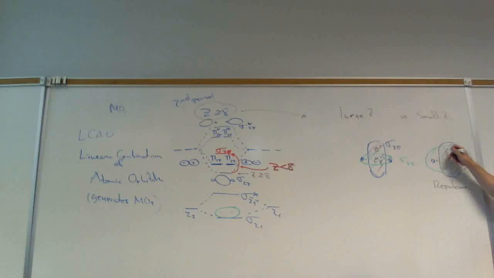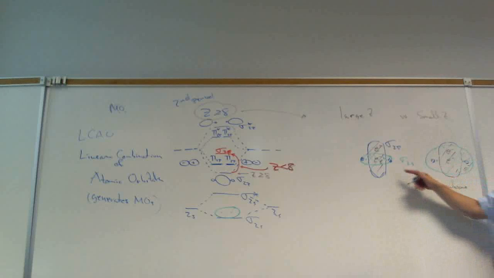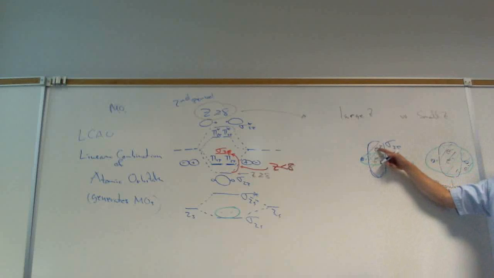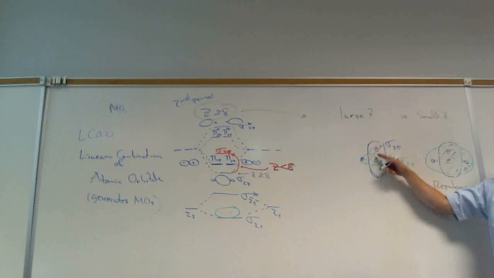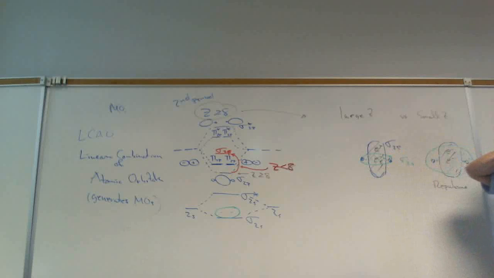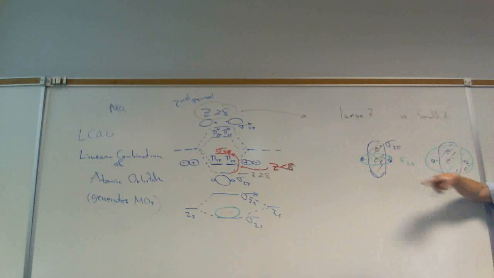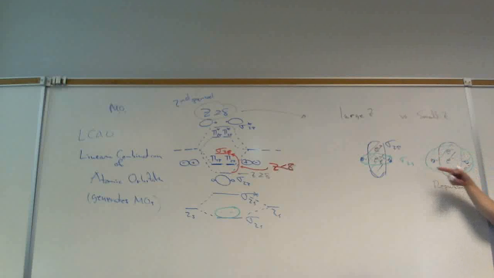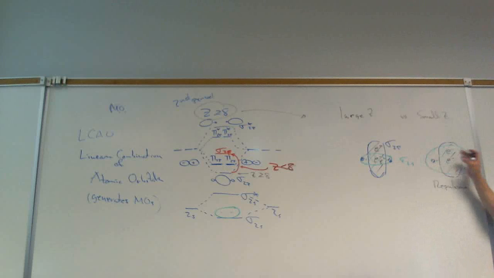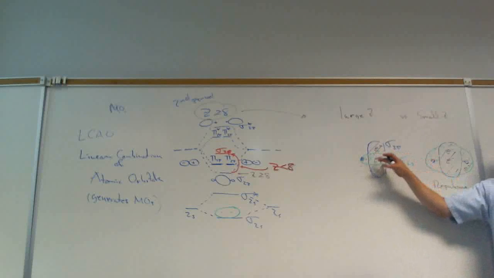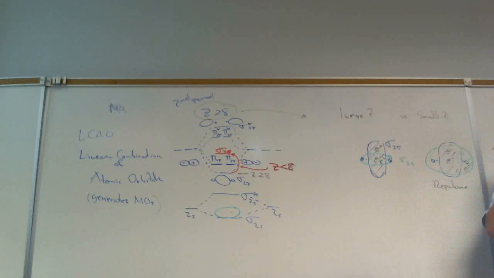You can throw an electron in the 2p. Do you see the 2p electron here have volume that doesn't interfere with the 2s, whereas here they're all in the same space. So you can get electron repulsion, whereas this one keeps the 2s confined to a smaller volume. Does that make sense? And so because of the electron repulsion,